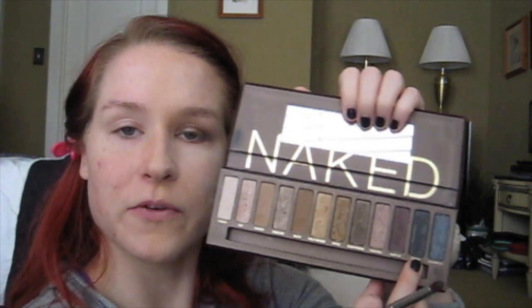Cool. And then to define and darken this upper lid a little more, for one of the last steps, we're gonna take, I think, Creep. So it's this really black shimmery shade right here. It matches the base cream shadow that we used pretty well. And I'm gonna put this in the outer V and try and keep it concentrated on that part of the eyelid. So I'm just gonna barely tap into it,